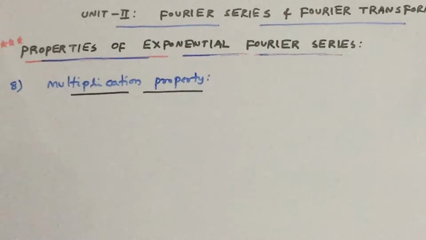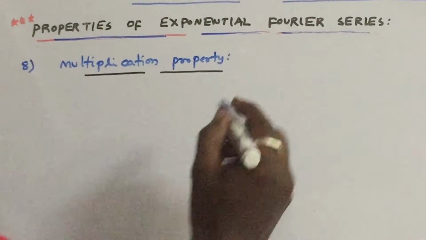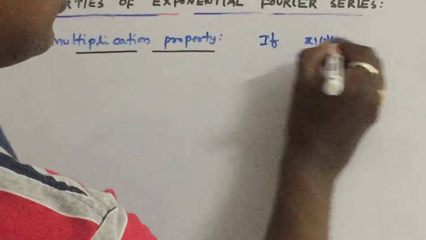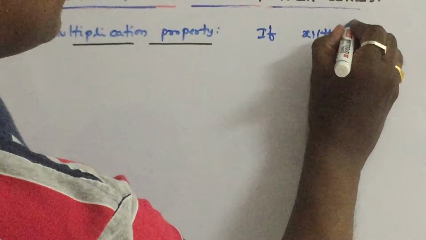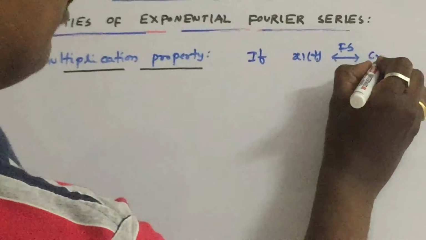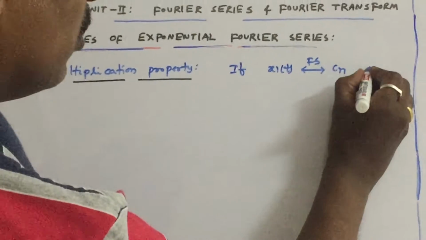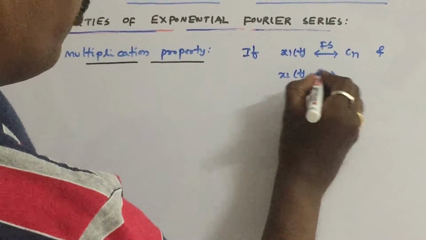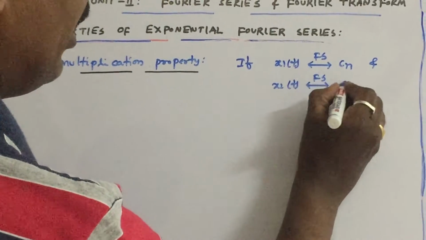One more property, the multiplication property. So let us see this property. If x1 of t's exponential Fourier series coefficients are Cn and x2 of t's exponential Fourier series coefficients are Dn, as